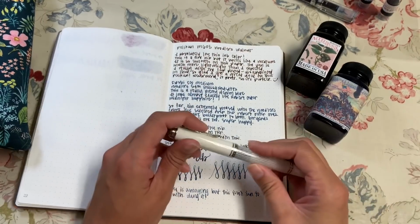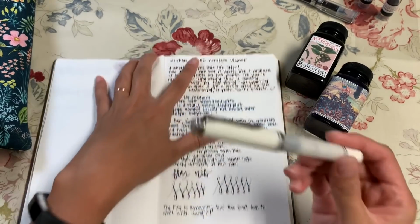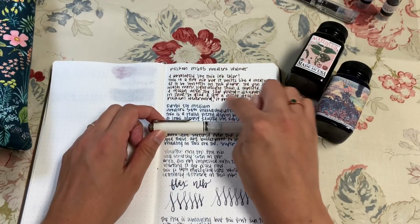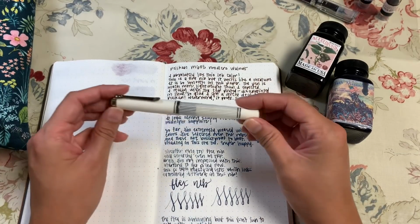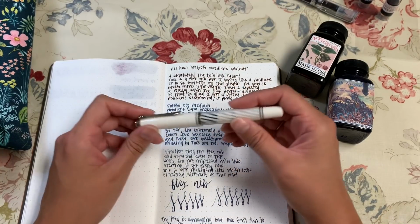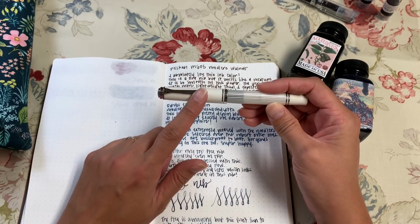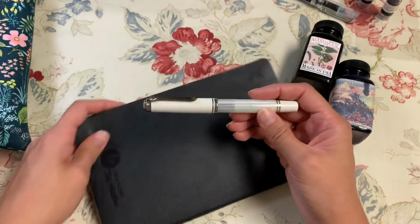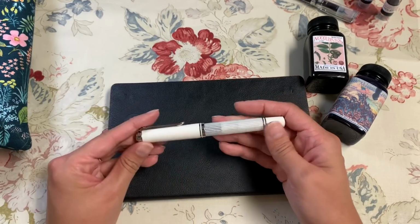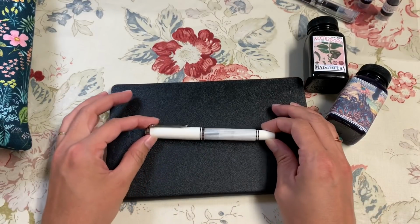So last thing I have is my Pelikan. So this is actually filled with walnut, and it is what I wrote with here. This is the Pelikan M605. So it's an M600 version. I think the 5 just means it is not gold plated. I'm not sure what it is, if it's like platinum or silver or something, but this is my new pen,